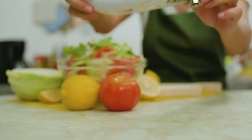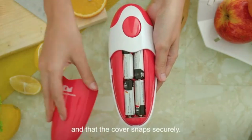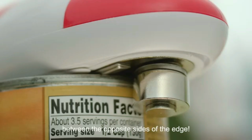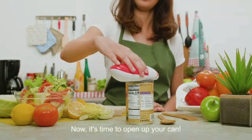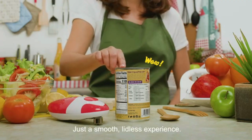Operation is straightforward. It requires just a simple push of a button. The high-power torque feature ensures that even the most challenging jar lids can be opened effortlessly. Users report that it can handle a variety of jar sizes, which adds to its versatility. The battery-operated function powered by standard batteries eliminates the hassle of cords, allowing it to be used anywhere without being